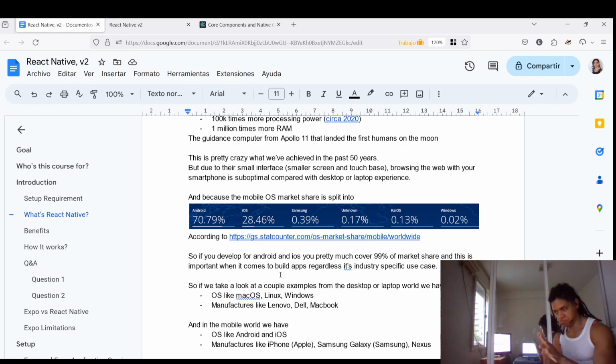So roughly here, the Android market share is about 70.79%, whereas iOS has 28.46%. This makes roughly 99.99% of the mobile OS market share. So because of that,